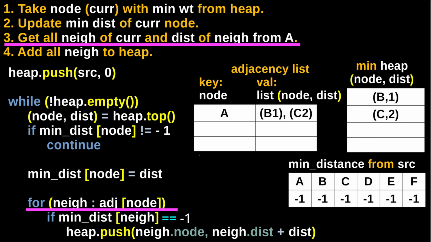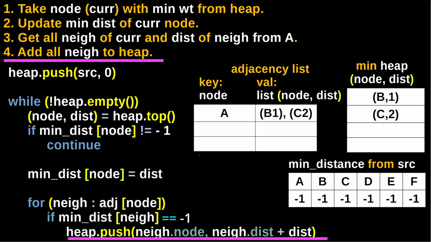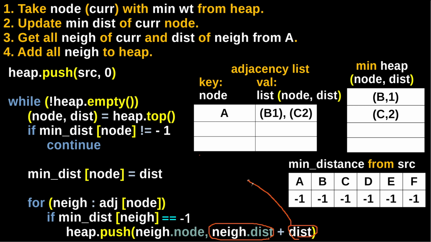In the next step, we're going to get all the neighbors of that node by consulting the adjacency list. For each neighbor, if the minimum distance of that neighbor has not been established, then we'll make a tuple with that neighbor node. The tuple comprises the neighbor node and the accumulated distance between the neighbor node and the source node. To compute the accumulated distance, all we have to take is this value here, which is the distance between the node and neighbor, and then we add this value, which is the value for the distance between this node